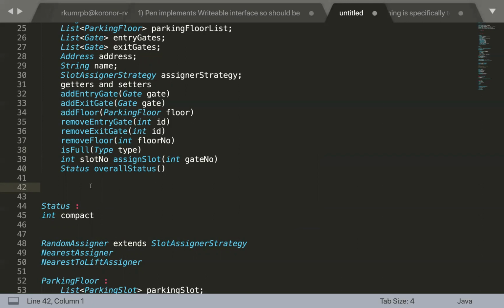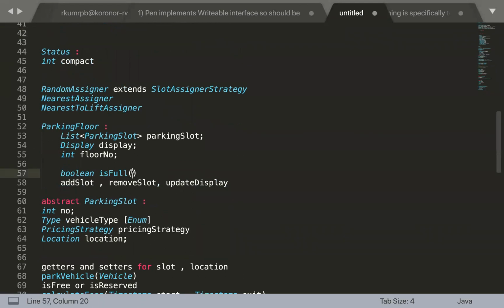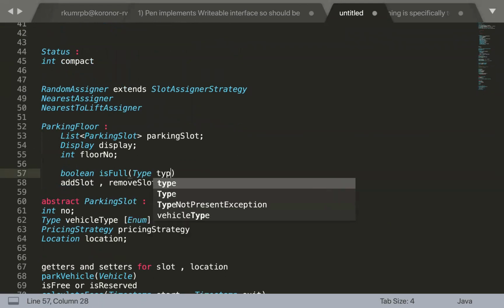So this is full method is going to receive the type parameter as well, which kind of vehicle is coming, and the same implementation for each and every floor type. So the slot assigner can check whether it is not full. If it is not full, it can go over slot by slot and figure out which slot to assign. So rather than the exact status, it should have more information only on the full side, whether it is full or not. This is one difference that we need in every place. Here also it is going to receive some type information.